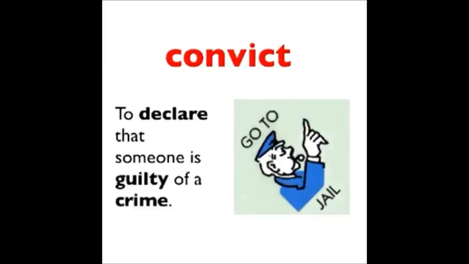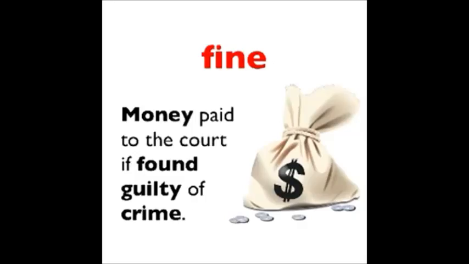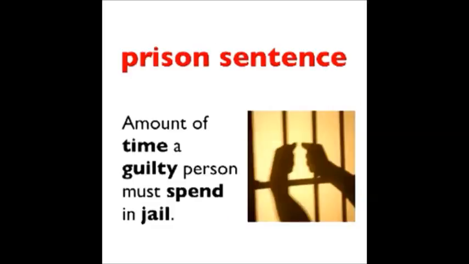If the verdict is guilty, the judge will then convict the defendant of the crime and deliver the sentence. The sentence is the punishment the defendant must do to pay for the crime. This is typically a fine or prison sentence. A fine is money they have to pay the court, and a prison sentence is the length of time the defendant